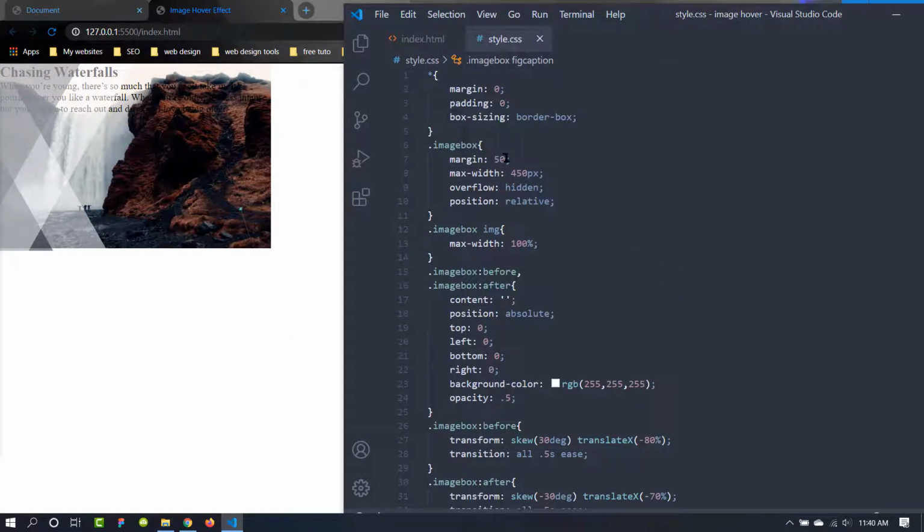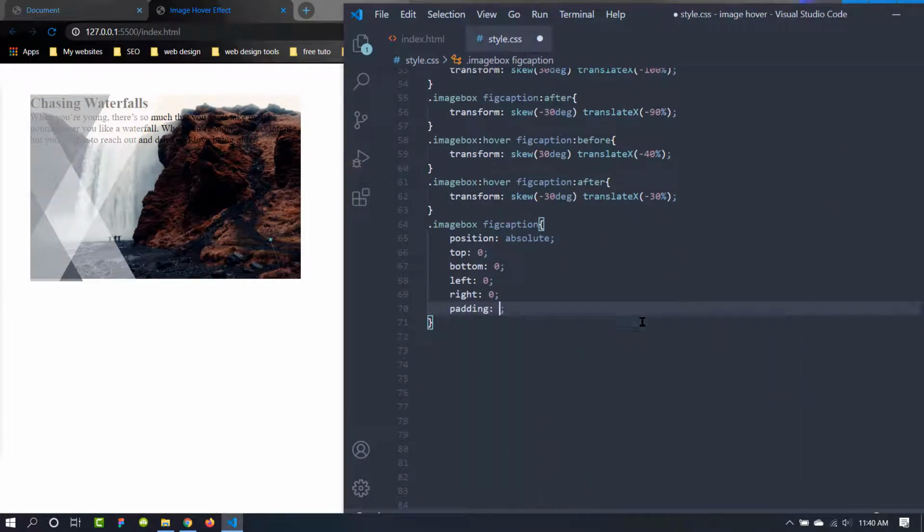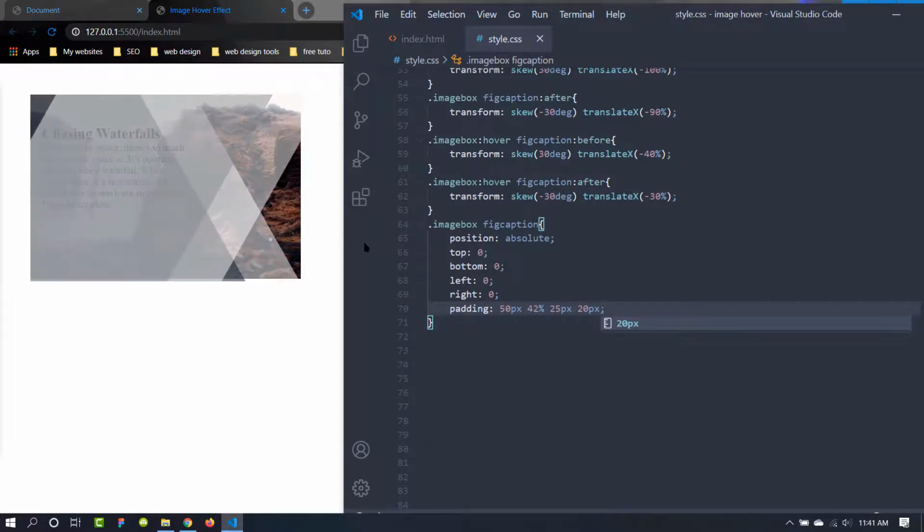I have forgotten to add the pixels with it, so it is not actually applying, and now it has some gap. Now let's add some padding with it. From top it will be 50 pixels. From left, let's give it a value of 42%. From bottom, let's add 25 pixels, and from the right 20 pixels. Let's save, and this is looking fine, and we can change it after we finished styling our text here.